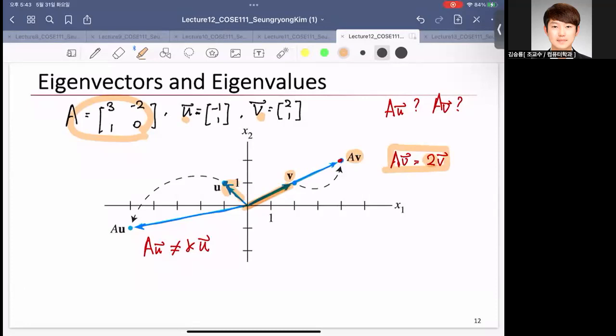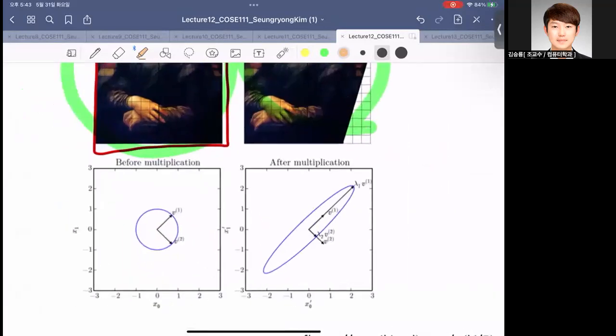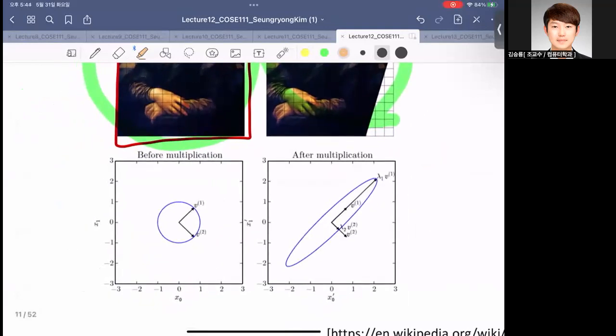In other words, let's go back to here. When we multiply matrix A to an arbitrary input vector, for example, like this one, or this one, or this one, by multiplying matrix A, these vectors can be moved to arbitrary positions like this. But there exist two vectors,